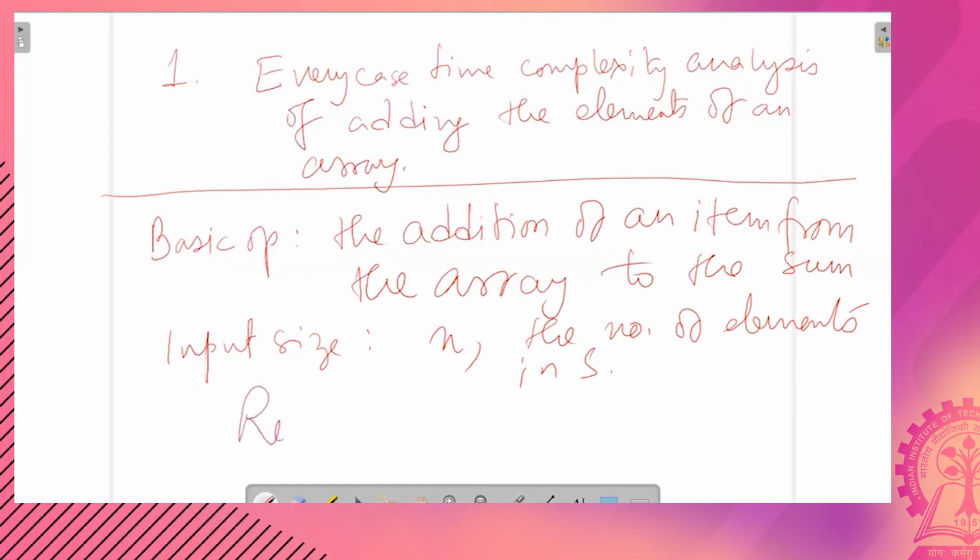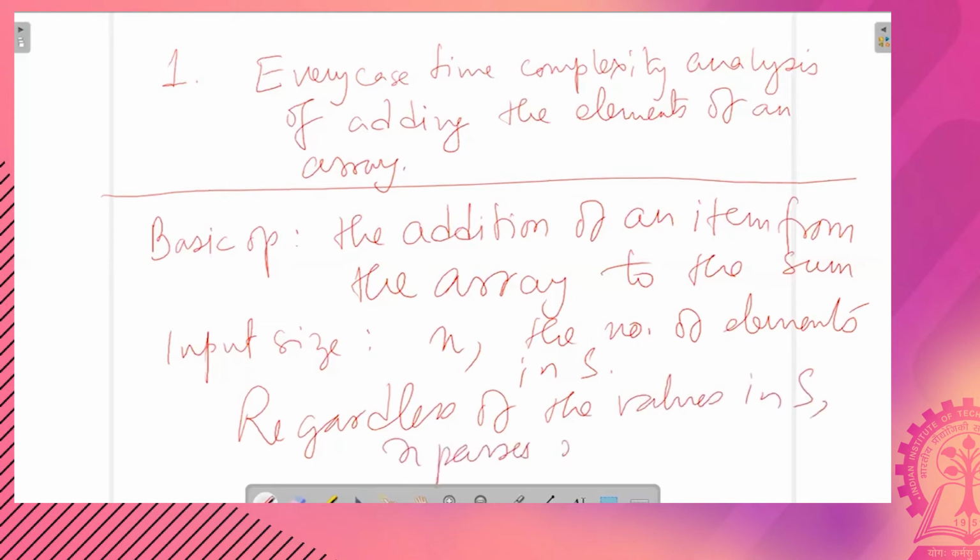So therefore, regardless of the values in S, n passes are required to find the sum.